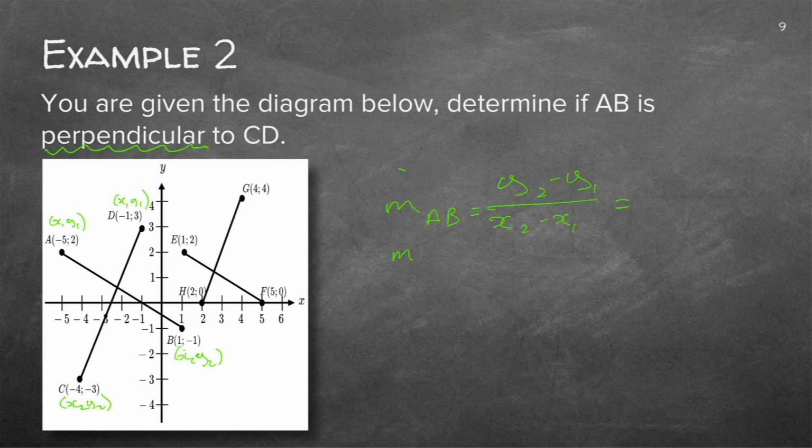Now I'm just going to do it next door there. Empty brackets, empty brackets. So let's fill in. If I take line AB, just be careful that you do not get confused now between the two lines. I'm now only busy with line AB. So y2 will be minus 1, y1 will be 2. x2 will be 1, x1 will be minus 5. And if I work that out, minus 1 minus 2 is minus 3, over 1 plus 5 is 6. So that is actually, I'm just going to write it there, minus 1/2.